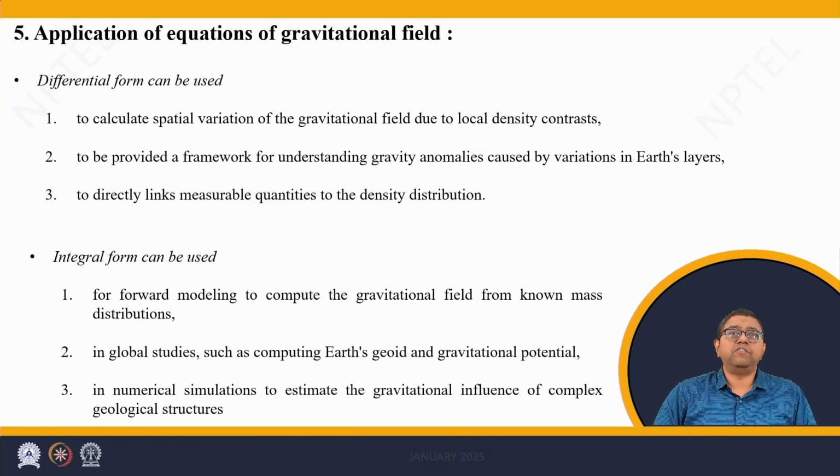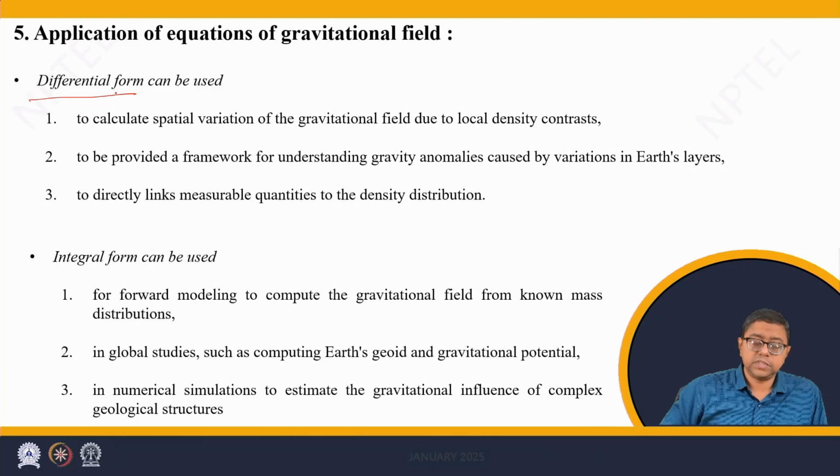Further applications of gravitational field are listed as follows. The differential form of the gravitational field is used to calculate the spatial variations of the gravitational field due to local density contrast. It also provides a framework for understanding gravity anomalies, which is caused due to the variation of density in various layers of the Earth. The differential form is also used to directly link measurable quantities to